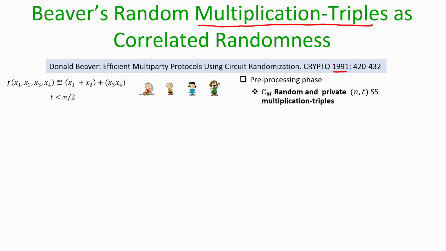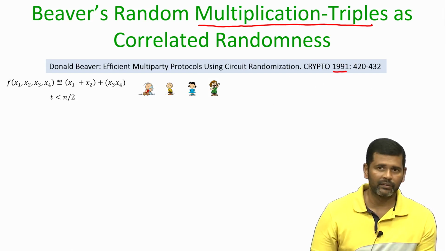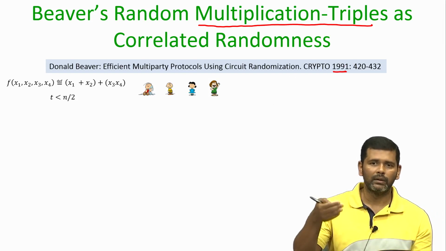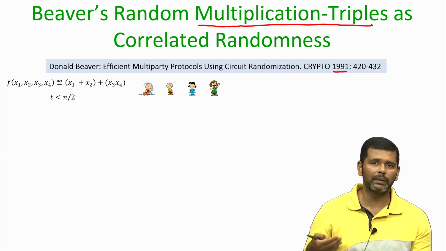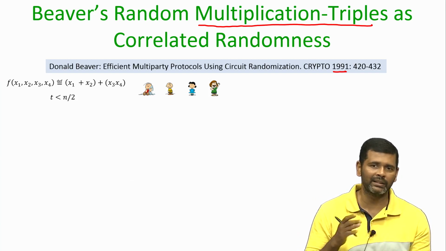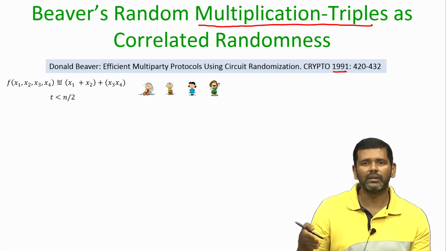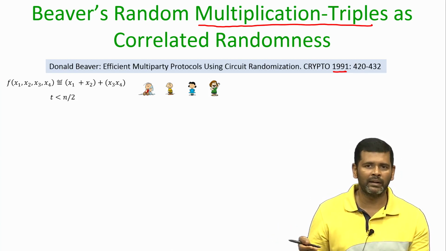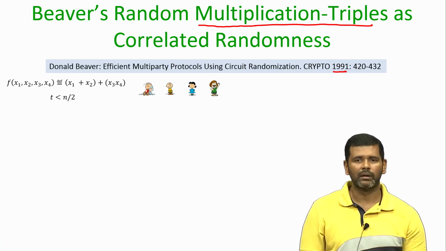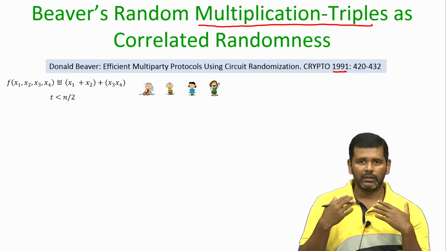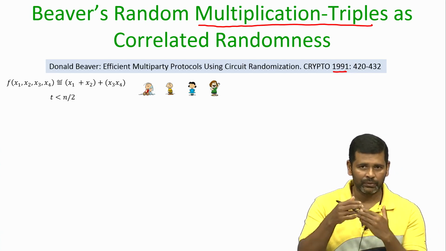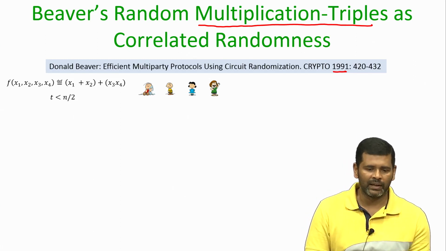Again, for the sake of demonstration, I will take this example circuit. Remember, we are doing the pre-processing to make the evaluation of the multiplication gates faster in the actual shared circuit evaluation, because evaluating the linear gates during the shared circuit evaluation does not require any interaction among the parties. So, we are doing this whole process to make the evaluation of the multiplication gates faster in the online phase.